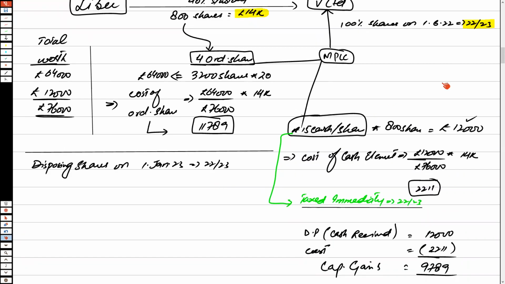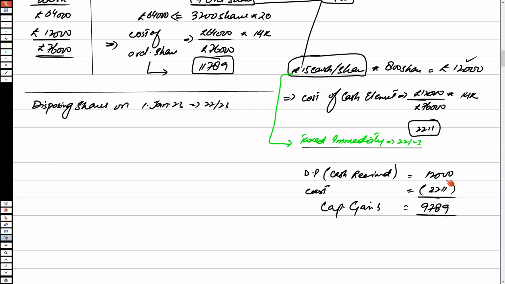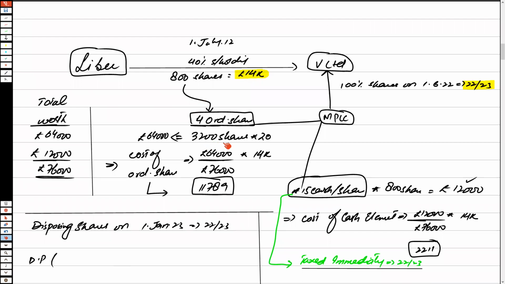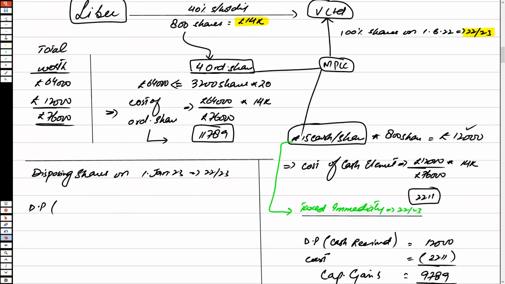As this transaction is in the same year, this gain is calculated in the fiscal year 22-23. If the person is going to dispose the entire shareholding at this date, what will happen then? We shall be recording disposal proceeds. All of the shares, what are the total number of shares? 3,200 shares, which he received from MPLC. All of these shares will be disposed at 28 per share. So a total value of